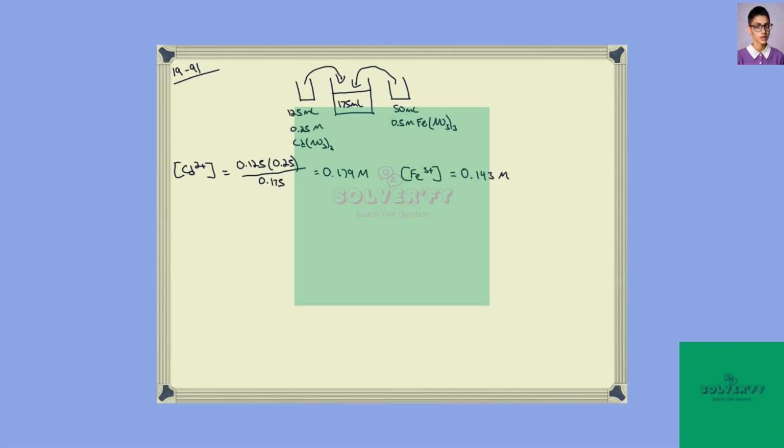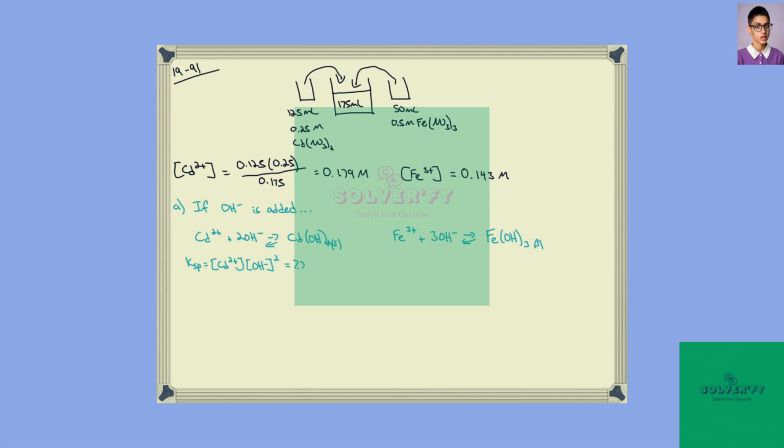The iron 3 plus concentration in the 175 milliliters can be calculated in a very similar fashion, taking 0.5 multiplied by 0.05 divided by 0.175, and we get 0.143 molar. Now we are going to add hydroxide to this solution that has cations at these two concentrations. Cadmium will combine with hydroxide to form cadmium hydroxide solid, and iron 3 plus will combine with hydroxide to form